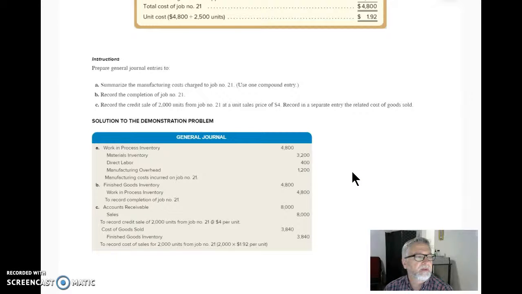And again, that's sort of given, most of these, in fact, all of these for your solution set are really just given in the problem. I don't believe there is any particular calculation you have to make. And then again, they say up here to record the sales, 2,000 units at $4, and you're given the sales in our quiz. You're given the amount of sales, the total sales price that it was,